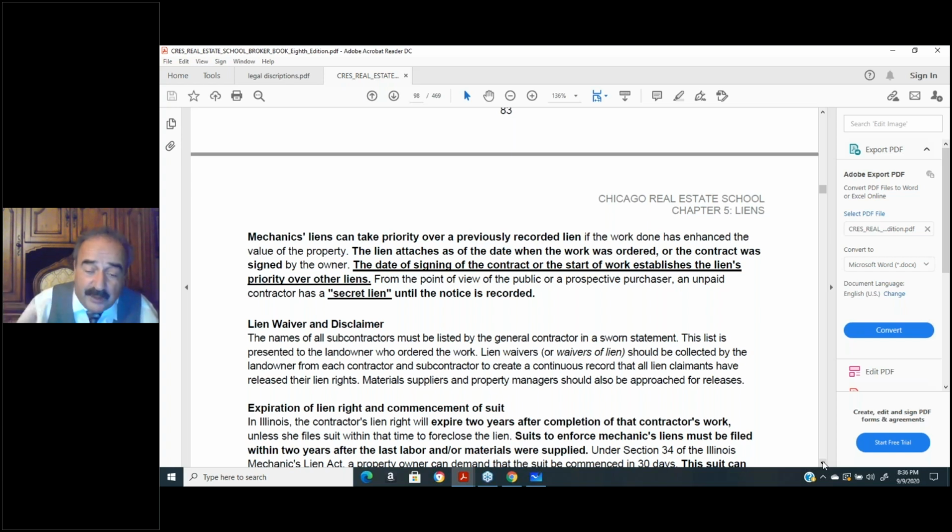You never ever pay your general contractor the final bill until he gets a lien waiver that's signed by all the subcontractors and all the material men, because once you get the lien waiver, then they can't come after you, the homeowner. They could only go after the general contractor. The subs and the material men can only go after the general contractor. So don't ever pay anyone in full without getting a lien waiver.